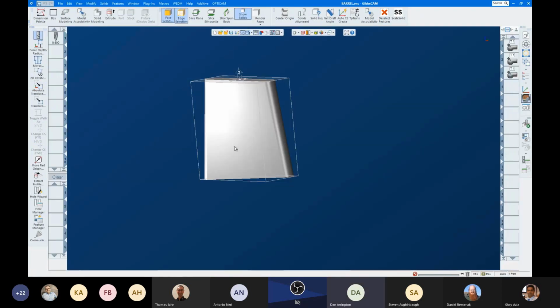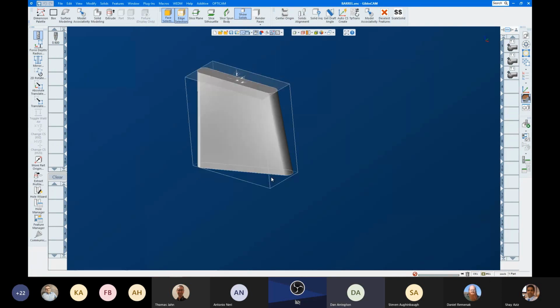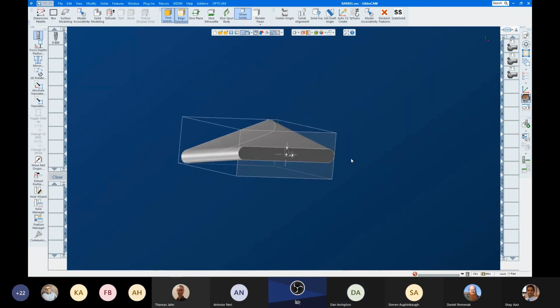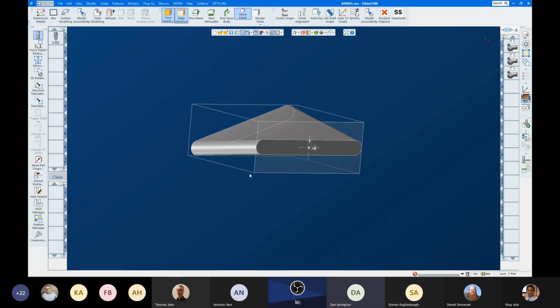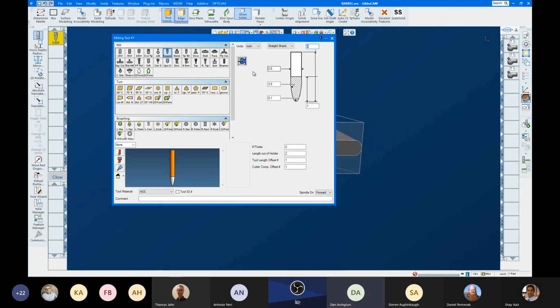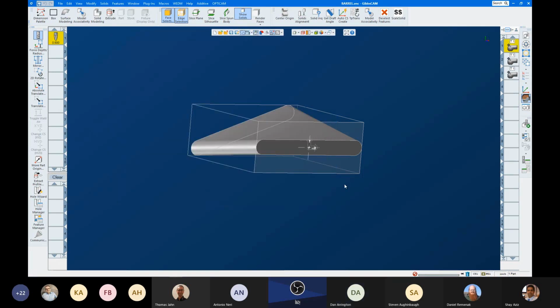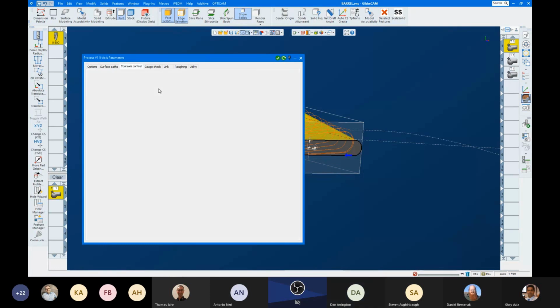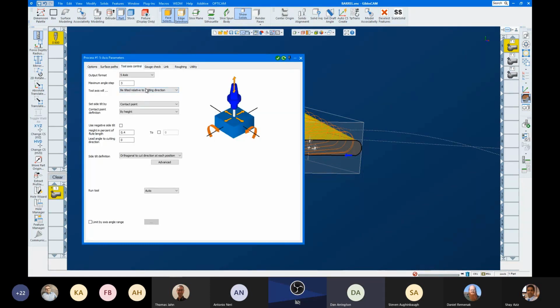Okay, next thing we want to talk about is barrel tools. We are now able to fully support barrel tools. And in the 5-axis module, this is a tangent barrel. What's important to know here is how long your flute length is. Because what you're going to see in tool axis control,